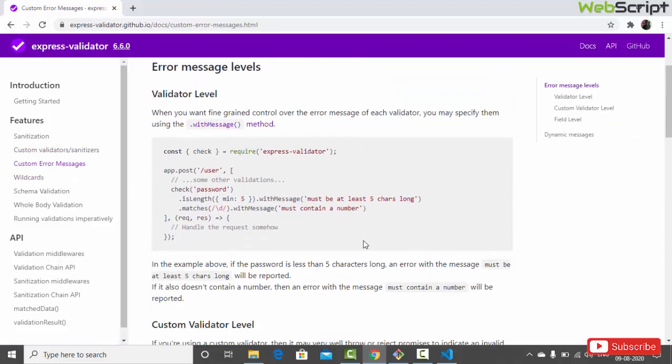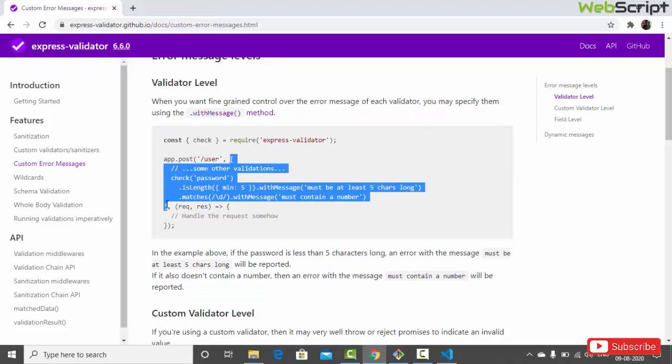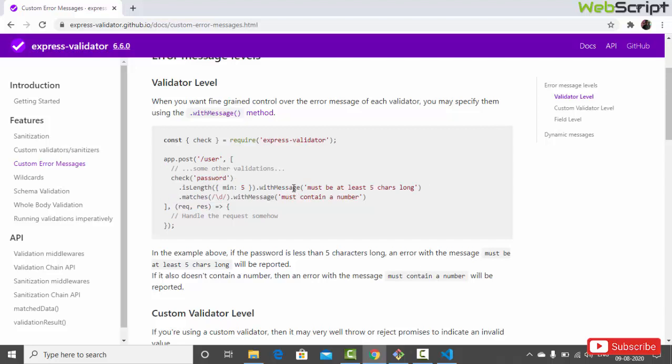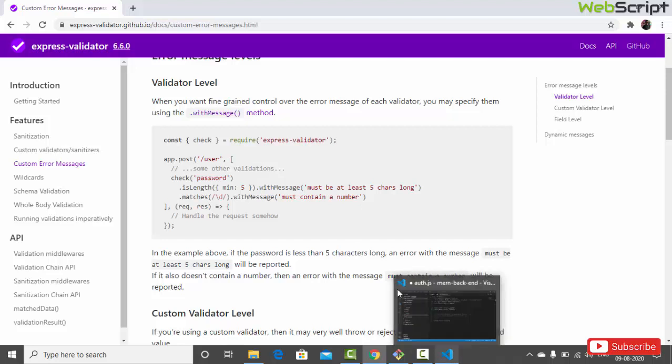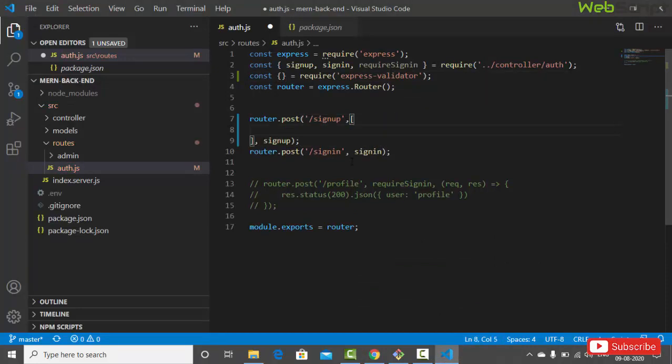So that's what I am gonna use. Here you can import a function, check, and you can put an array between your request and response, and you can put a custom message. It provides a function, withMessage, right? Let me show you how you can use it. Later you can explore this page. Okay, don't forget to explore that page. So here we are gonna add a function array. Okay, so that's the array. Let's check, and